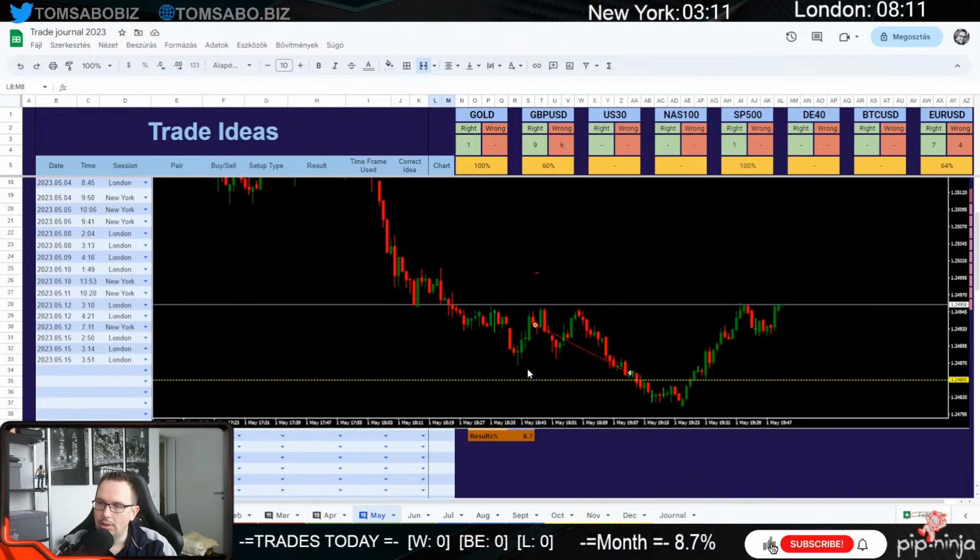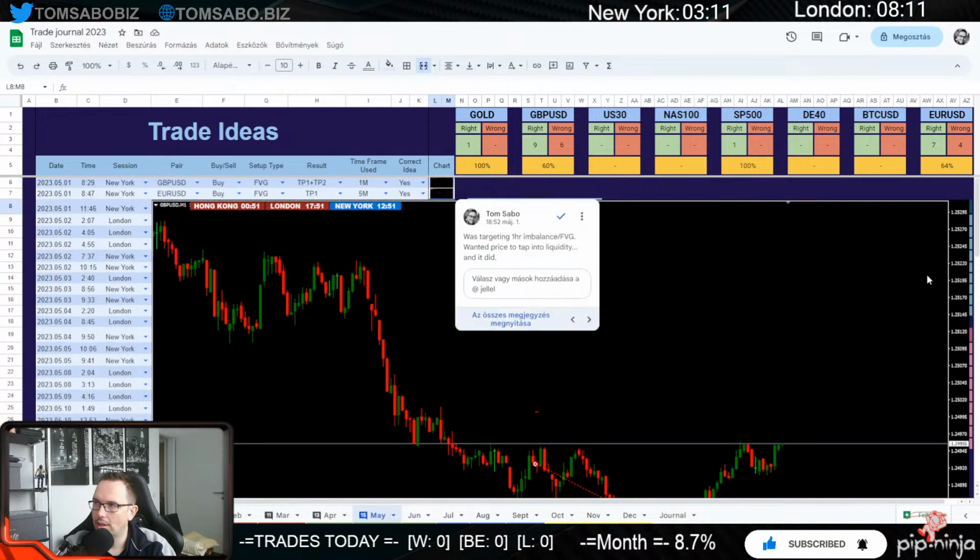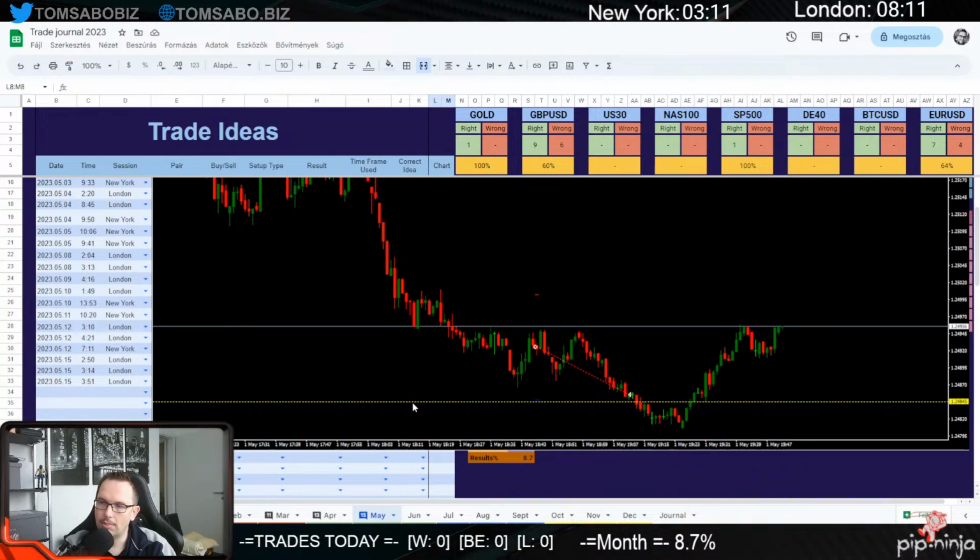So I wanted to attack sell side liquidity on this trade. I'm not sure if you can see it, but you can see the main thing. This was GBP USD. This line here represents significant sell side liquidity from higher time frames. This was the New York session. I was looking for an entry to go and take out that sell side liquidity. So in this case, all I'm looking for is a liquidity void right here or a fair value gap, which was right here. So I entered the trade, put my stop loss up here,